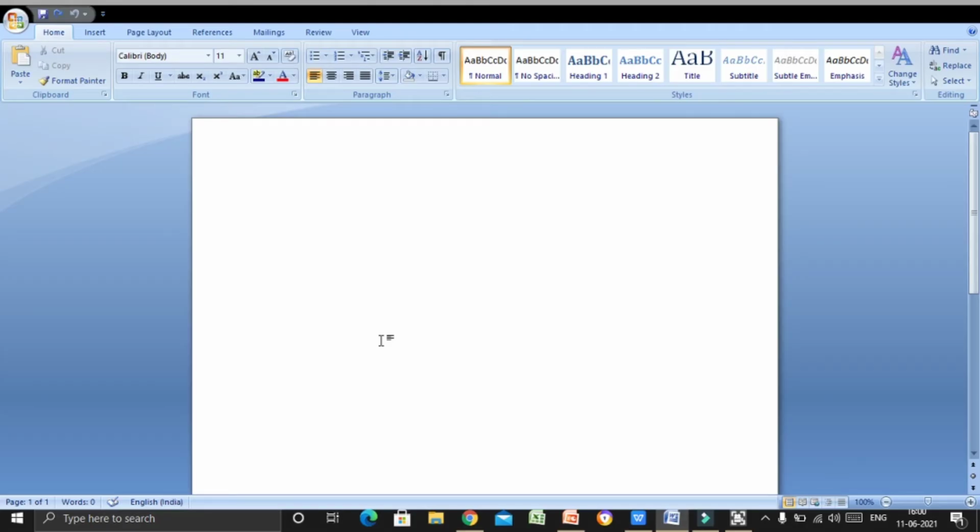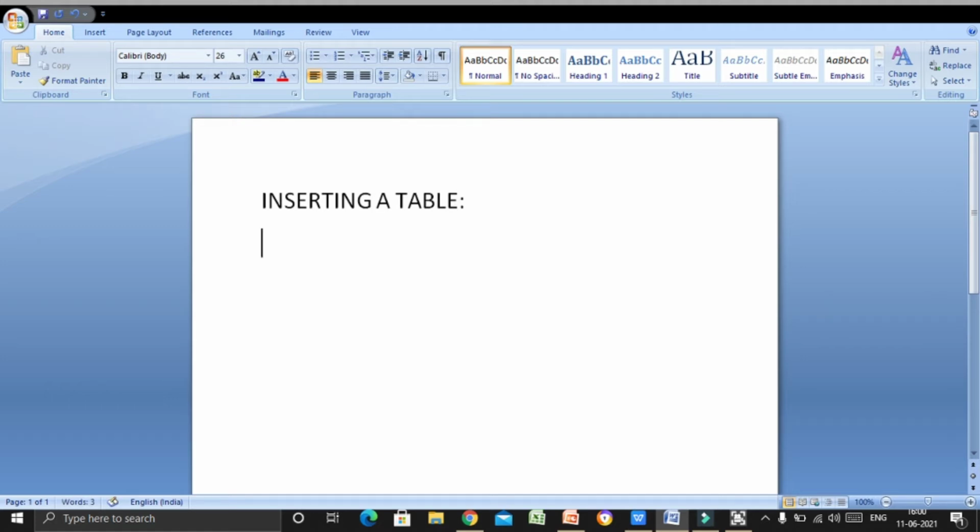So children, let us start our lesson from inserting a table. This is the first topic. Let me write here for you, inserting a table. I'll select this and I will increase the font size for you so that it is clearly visible to you. Inserting a table. Now children, there are basically 3 methods to insert a table.